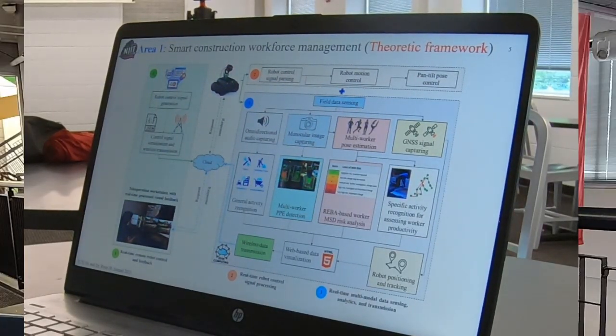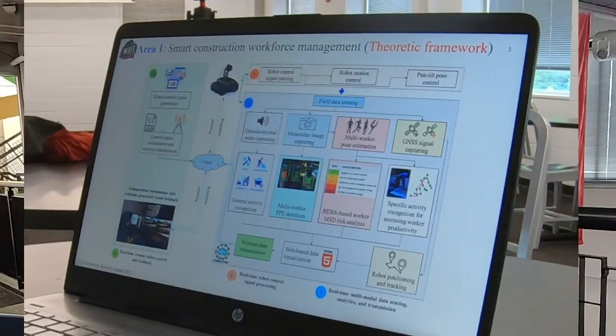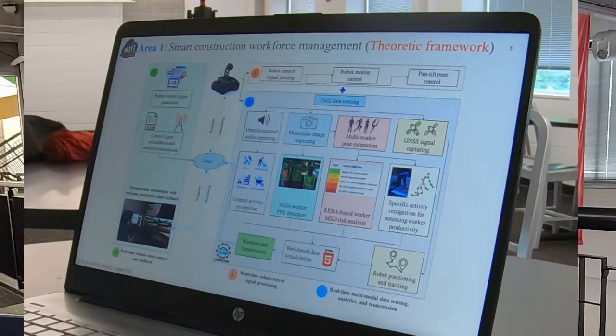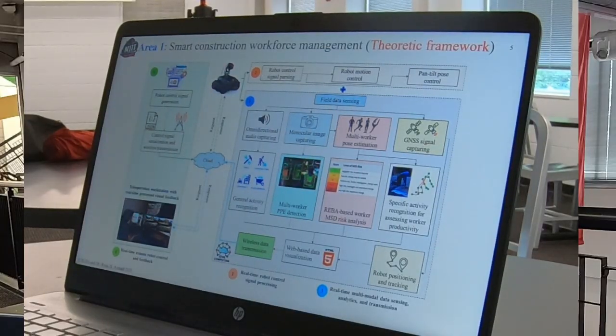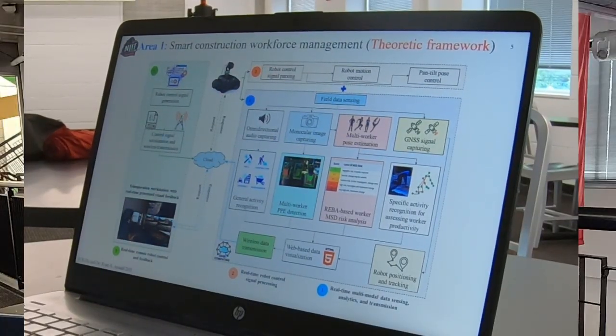Why do I bring that up? For this system, we adopted auditory sensing, because the audio signal can go through obstacles. That's why even with a screen, people on the other side of the wall can still hear. We want to use this to supplement the drawback of the vision-based method and avoid false negatives. That's why we designed a multimodal, visual and auditory sensing and analytics system, deployed on a teleoperated robot.